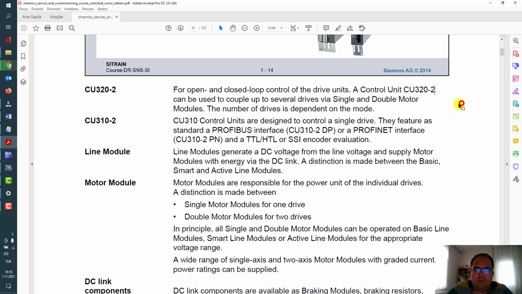Dash 2 means second generation products and hardware released by Siemens. I mentioned also there are two different control units for the S120 family.